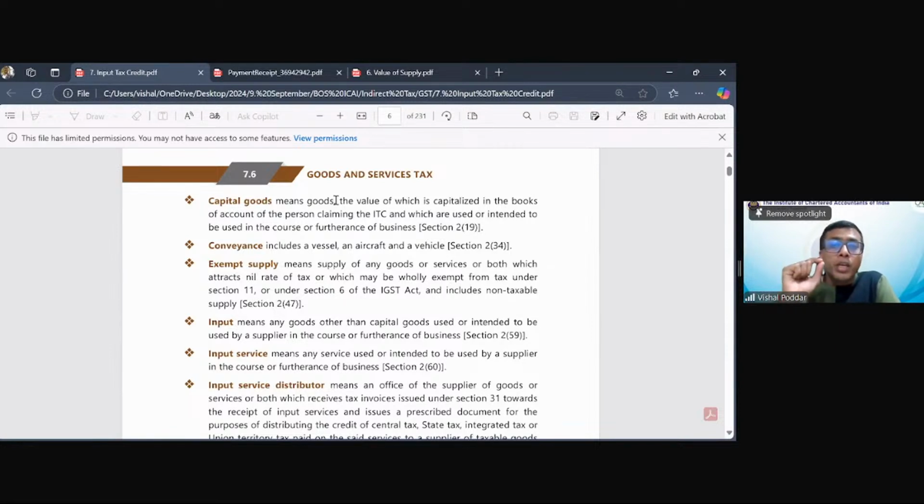The reason is we even capitalize services. So you may be capitalizing services in your books. I'll give you an example. You have purchased an immovable property or you have got an immovable property constructed, and when you are getting it constructed or purchasing it while it is under construction, it is leviable to GST and falls in the category of works contract service. So what you are purchasing is a service, the works contract service, which is capitalized in your books, but it does not become capital goods.